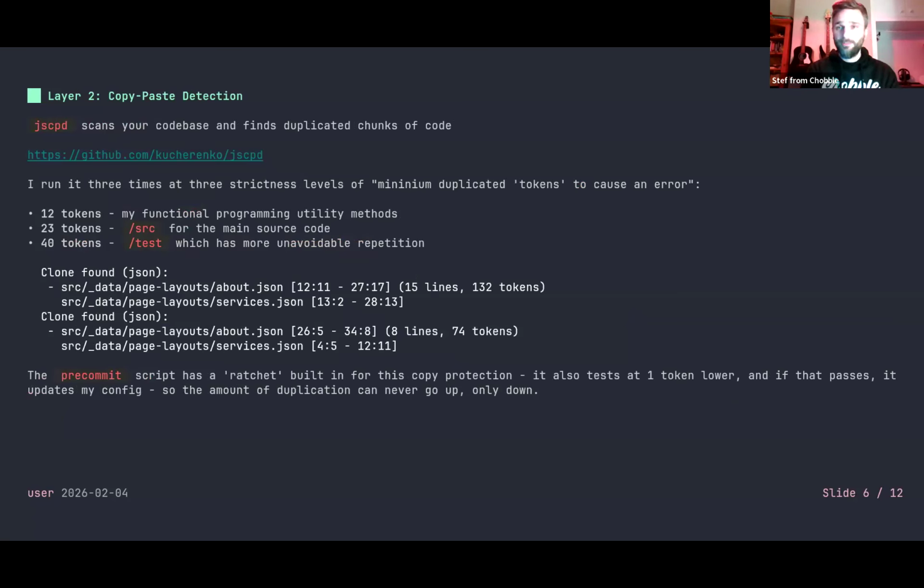JSCPD is the copy paste detection that scans your code base and finds duplicated chunks of code. I run that at 3 different strictness levels with a different minimum duplicated tokens in it. That's basically the minimum amount of tokens that it counts as being a duplication. And I set that to 12 tokens in my functional programming utility methods because I'm trying to use functional programming